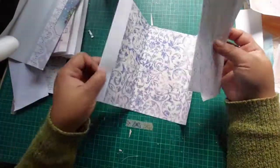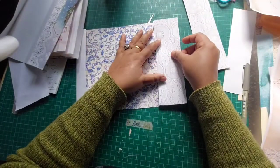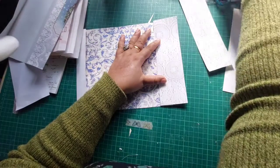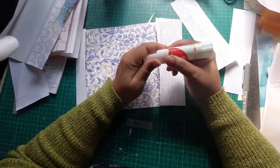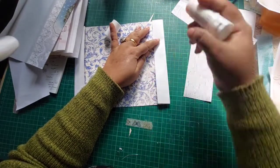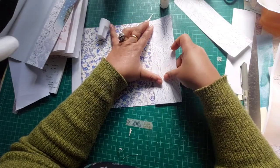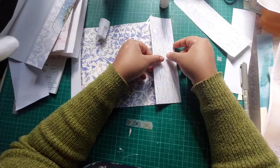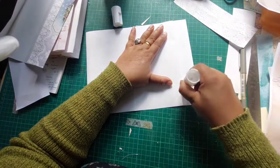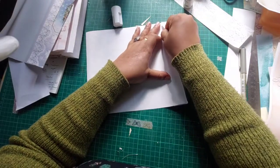Okay, so now we need to cover this part. We already have measured out how much we need, so I'm just going to lay this over here, and I need my glue, and I'm sure this doesn't have, okay, for a change it does. So I'm just going to glue this. This is an extremely easy and very nice quick project. You don't need to have too much, and I'm just folding this over just to make sure that,